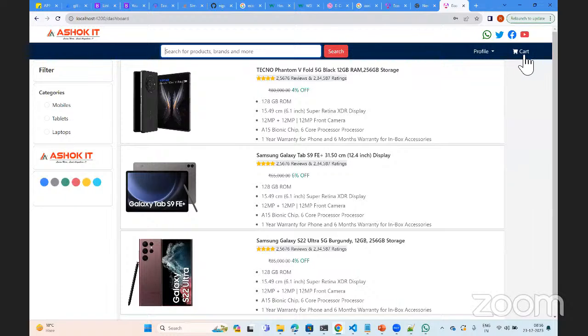Here is a cart where, if you click on it and have any items in your cart, it will display those items. And here are the filters and categories. If you want to check only the mobiles, that is the short way to search, and also tablets, laptops. As I told you, through HTML we only write the basic content, but when you apply CSS, it adds styles to that content.